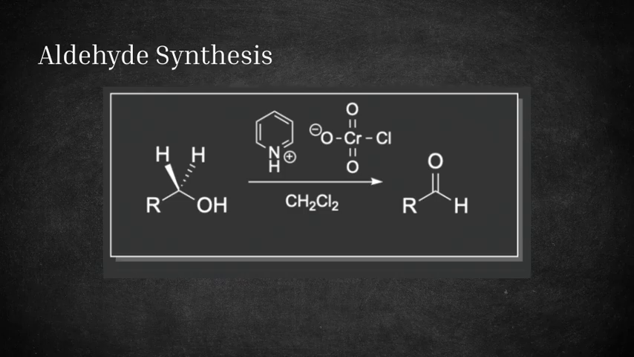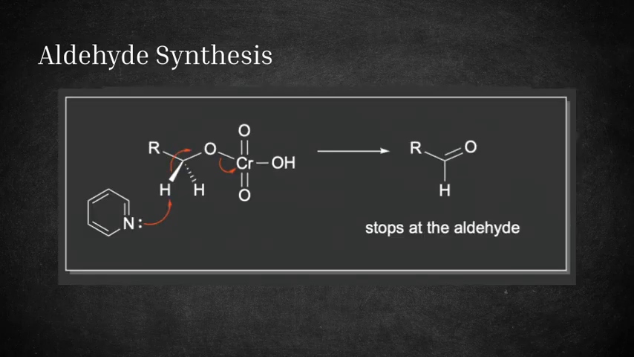For this, we use a different set of reagents that act as a milder oxidizing agent. To achieve the oxidation of a primary alcohol to an aldehyde, we can react it with pyridinium chlorochromate, PCC, in dichloromethane, an anhydrous organic solvent. The absence of water in the reaction conditions helps stop the process at the aldehyde stage, preventing further oxidation to